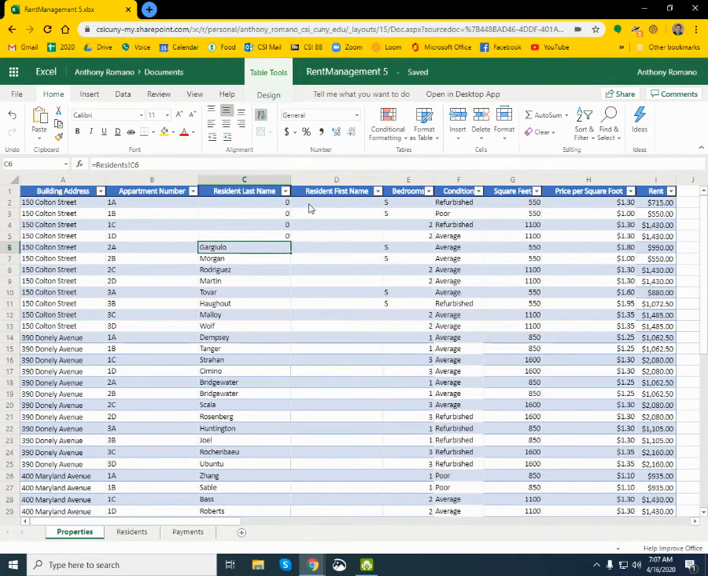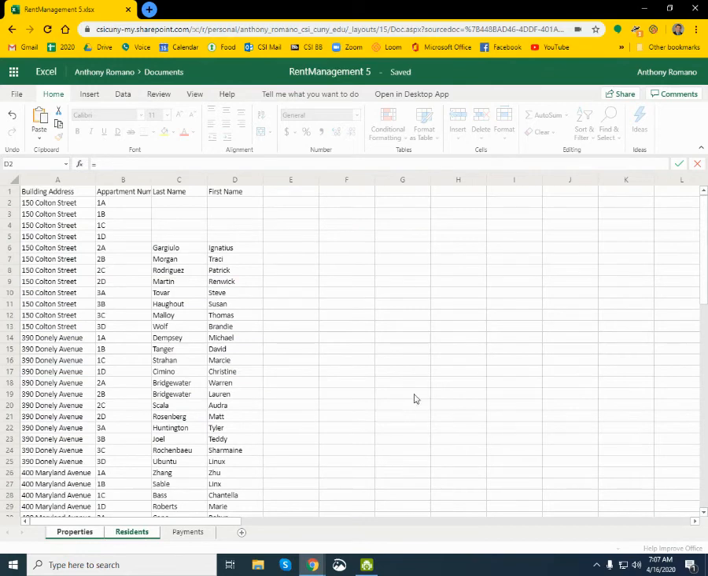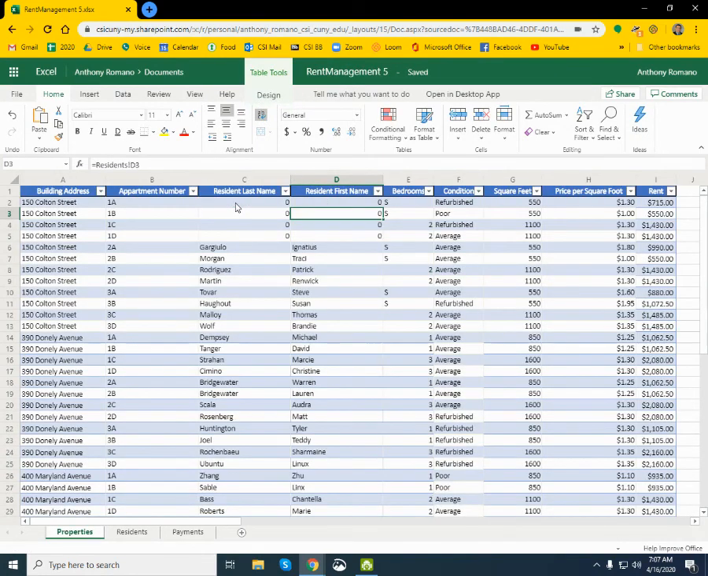We repeat the process by typing an equal sign, clicking on the sheet, clicking on the cell containing the data that we want to copy, and pressing the Enter key. That is called